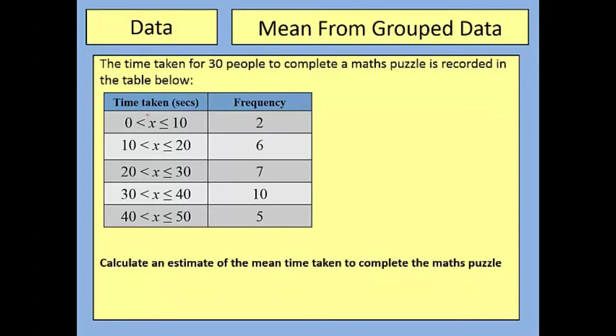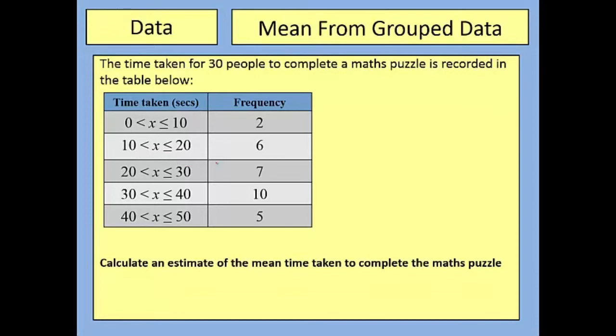This means that this first set of times are from 0 to 10 seconds. This doesn't include 0 because of this inequality here, which just says less than, but it does include 10 because this inequality says less than or equal to. So x could be 10, so it's 0 to 10, but not including 0. This next group is any times from 10 to 20 seconds, not including 10 though, but it does include 20,